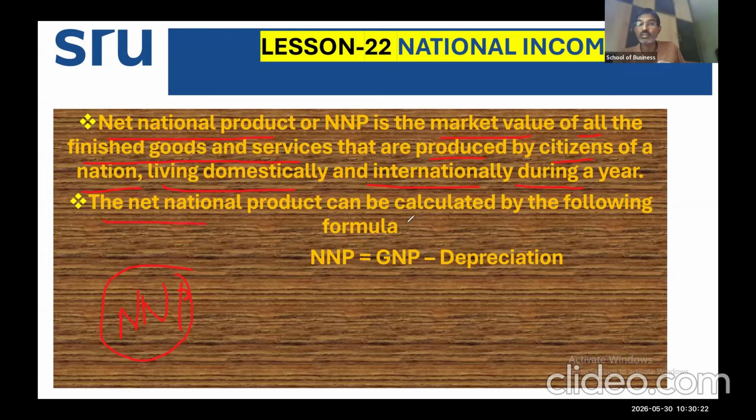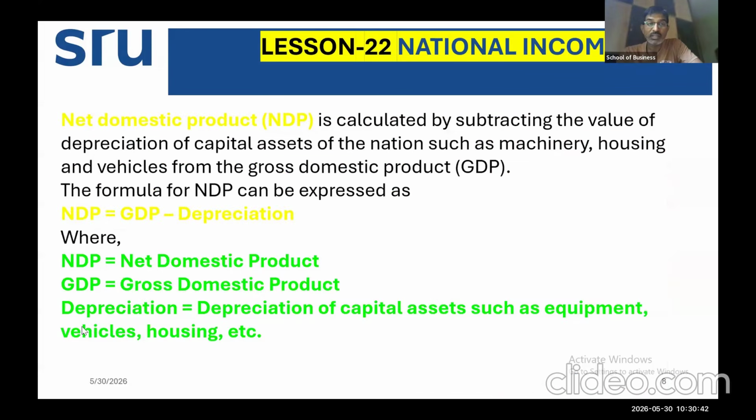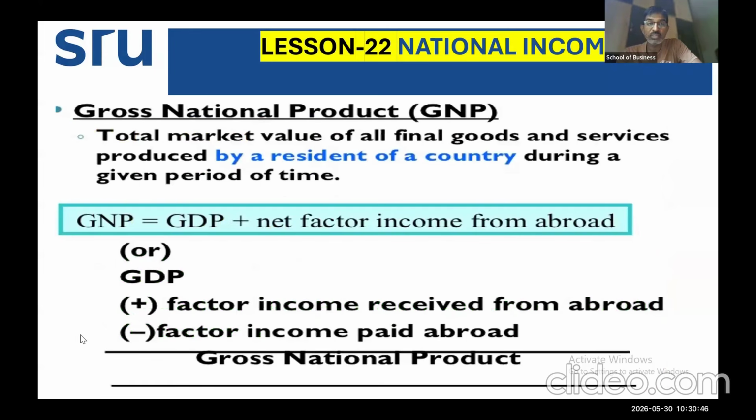And the net national product can be calculated by a simple formula. You can understand: NNP is equal to GNP minus depreciation. Now GNP, what is GNP? We have already studied it in the previous slide. GNP is equal to GDP plus